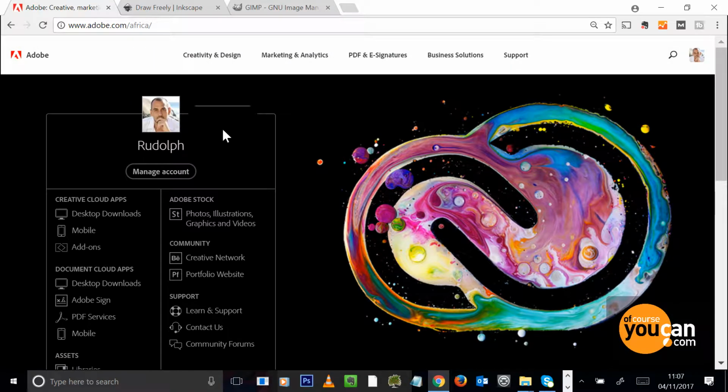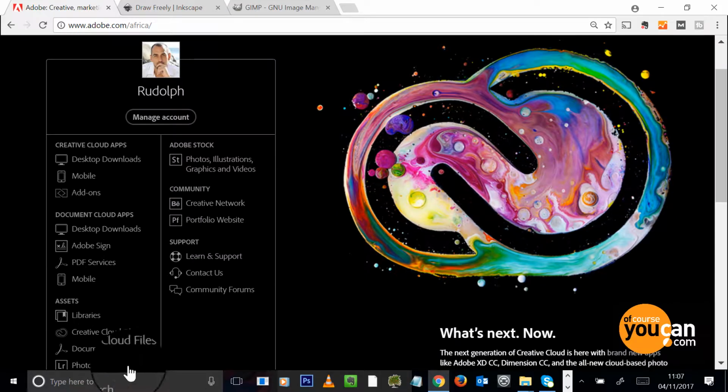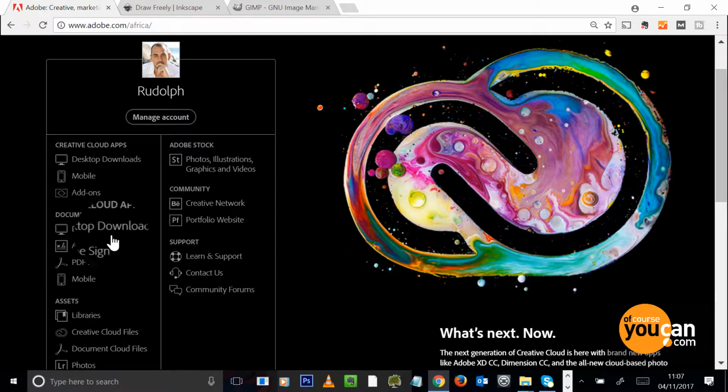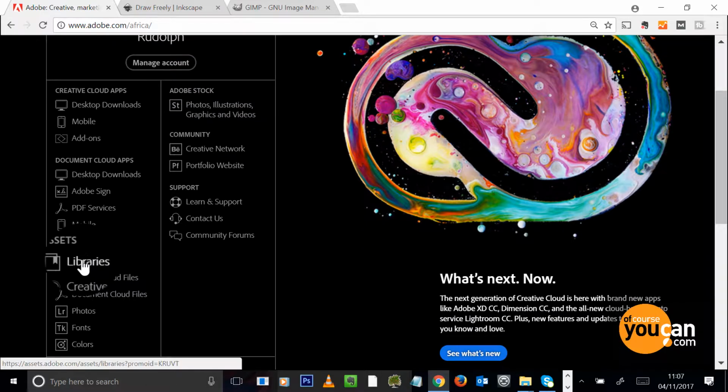Now, because I've got a paid for account, you'll see that there are a few more options available which aren't available in the free version, like the Document Cloud apps. But don't worry about it, pretty much everything else stays the same, and we'll discover all of it as we move along. So let's go back to that screen